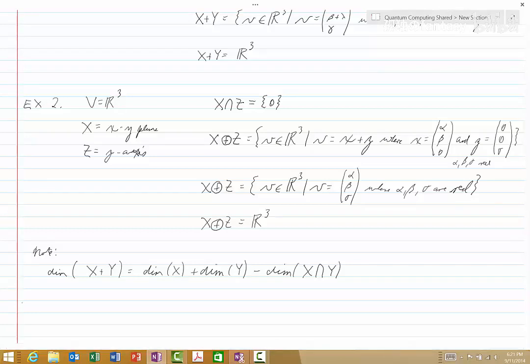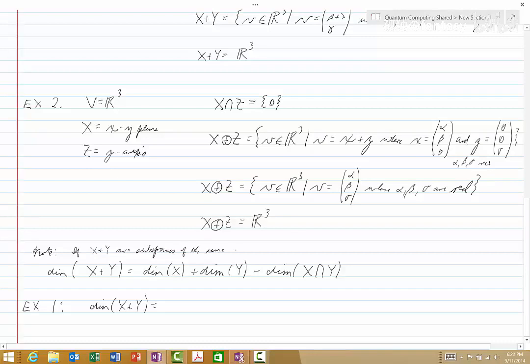And as an example, if we apply that equation to example 1, this would say that the dimension of x plus y is equal to, and of course here I should say, if x and y are subspaces of the same vector space V, then